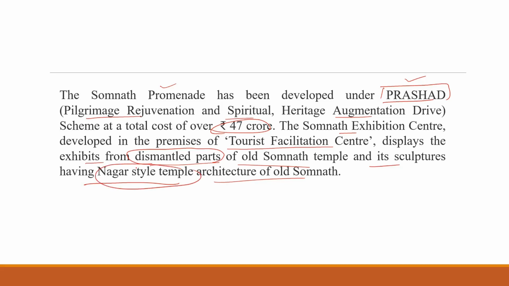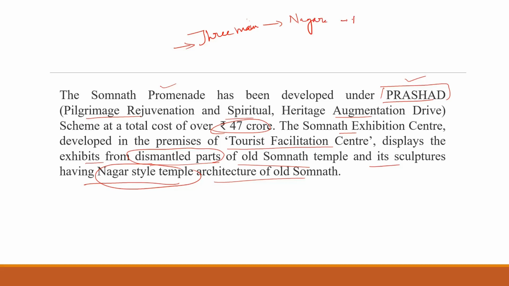So how many types of temples are there? Means what are the styles in the Indian temples? There are three main styles of temple architecture. It means the way they are constructed. If you see the architecture, it will differ in the way they are designed or constructed. So the main three styles are